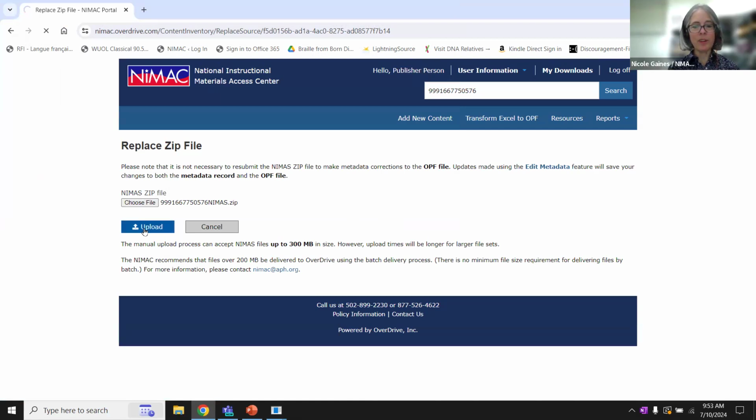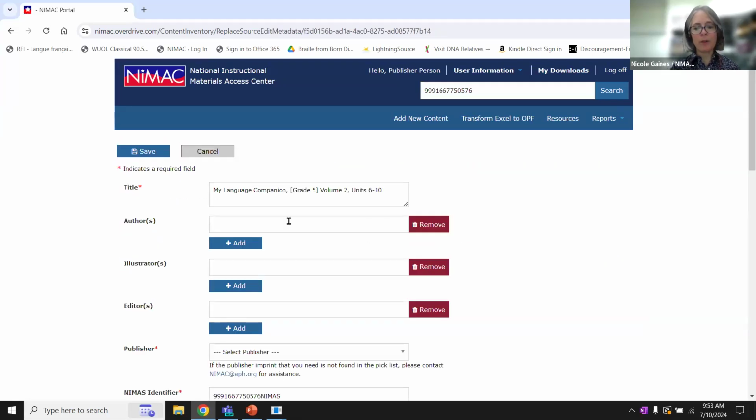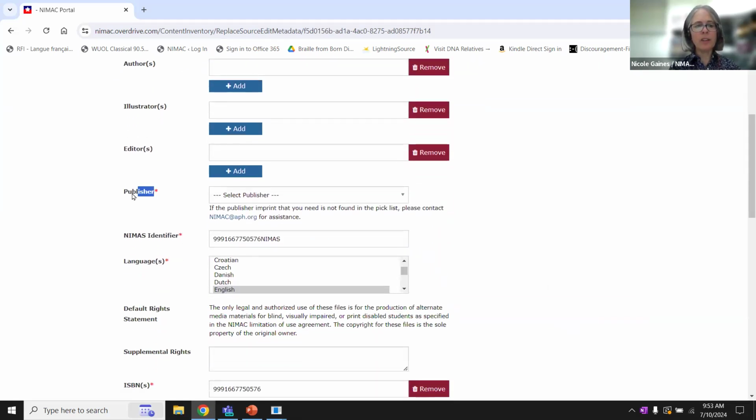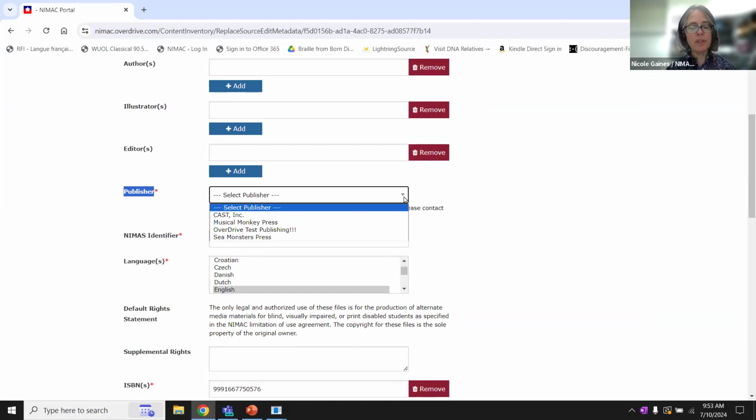So same steps here. And as I mentioned earlier, this is going to give you an opportunity to review the metadata that is associated with the file. You may not have changes that you want to make, but you do have the opportunity to make any changes if you'd like to. The one thing that I do want to point out about this screen is that when it extracts the metadata, you may occasionally see that under publisher, your publisher has not extracted. If this happens to you, this simply means that you have an imprint in your OPF that is not yet